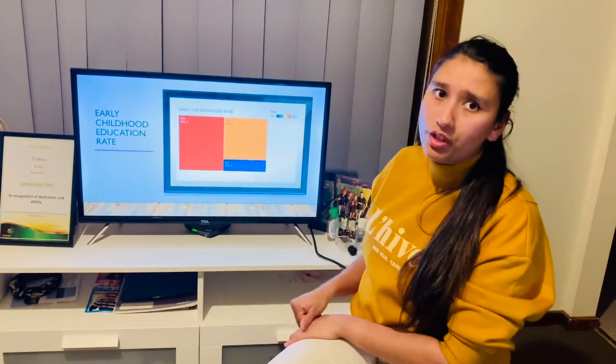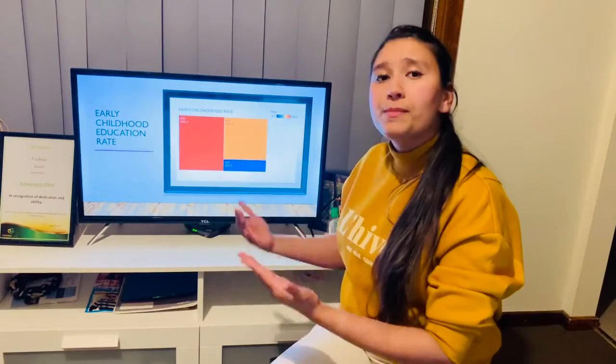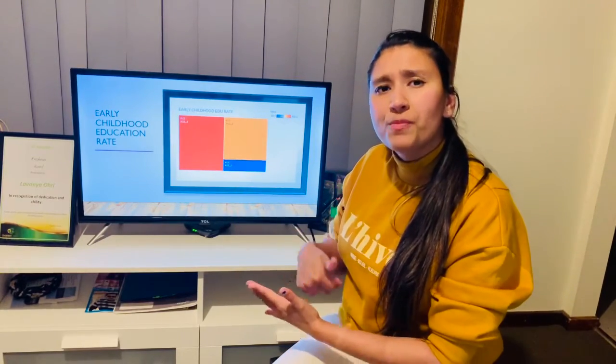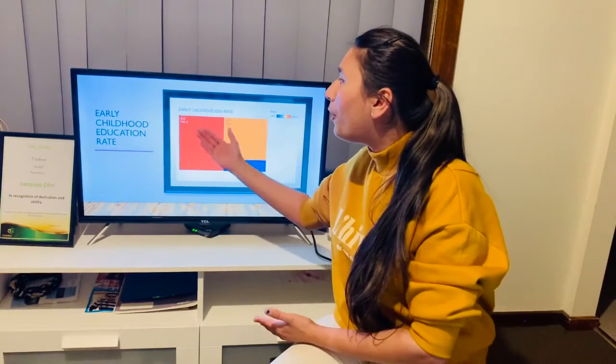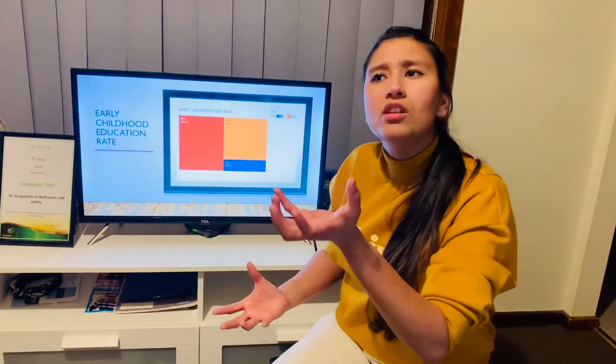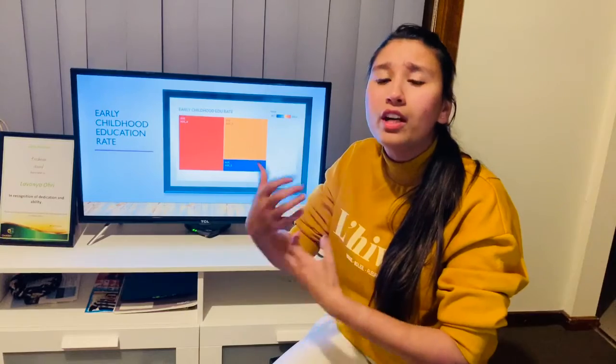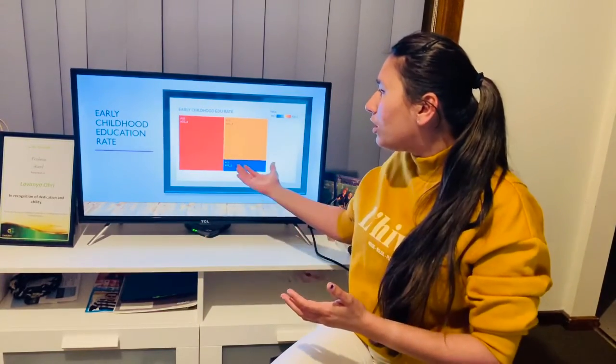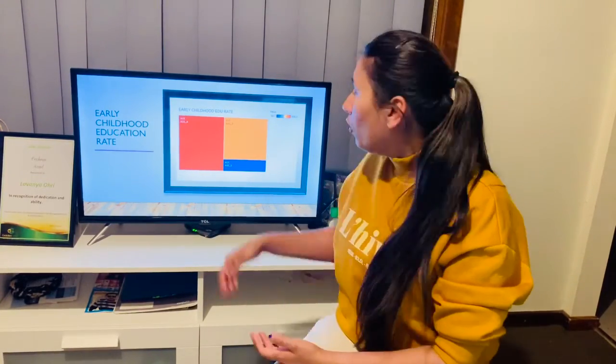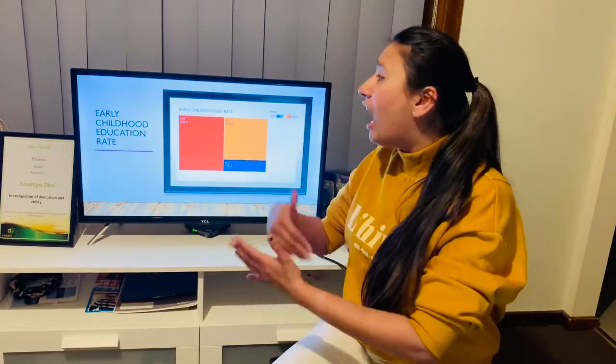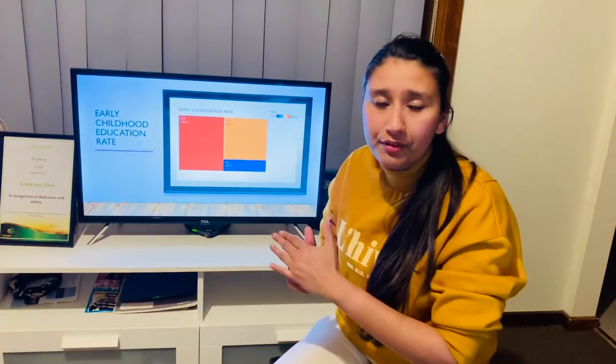Early childhood education. Wow, this is a huge difference. This difference may be due to various factors in which parents consider the age group of 4 to be the most considerable age to gather knowledge, but they don't consider age 5 to be the ones in which they can go to schools and learn some knowledge. So the ratio is nearly half, it's lesser than half even.